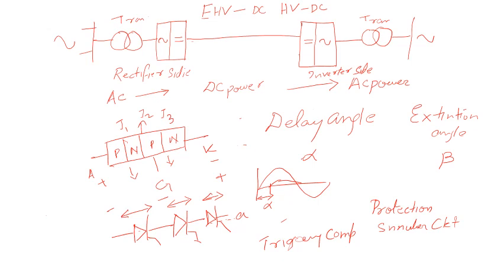And suppose this load which you are supplying is your RL load, right? So the RL load delays your current from going to zero. So that's why there will be a freewheeling period, right? So there will be some beta angle, right? So this angle is your extinction angle. Okay, so